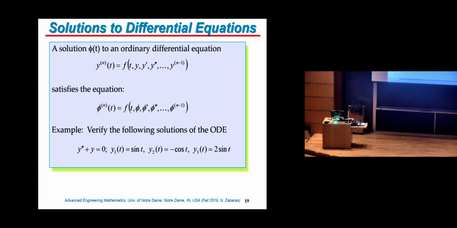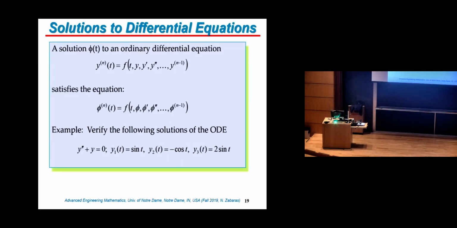Here, for example, both sine of t is a solution, and minus cosine of t is a solution. So which one actually will be useful for your problem depends on what initial conditions you start with, and that will define which of these solutions you should actually keep. So we will need to compute the very general solution without reference to initial conditions, and then we will need to actually plug in the initial conditions.